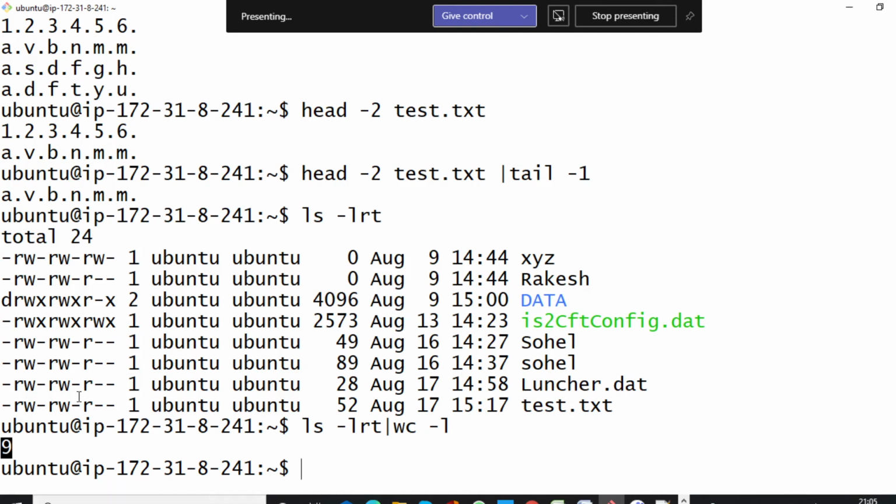So today we covered the wc command and the head and tail commands. That's it. Tomorrow we will see the find command, and once you complete all these things, I will tell you how to install an SSH key. Then once the SSH key is installed, we will see how to copy files from one server to another server, and how to execute a command on another server by using the ssh command.